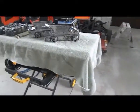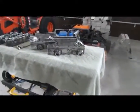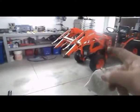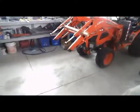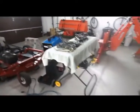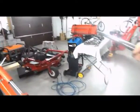My pins are fitting good. Just a matter of finishing these little things, and then I'm going to throw them on the bucket and give it a test drive and see if I can throw them on the FEL arm and pick up the bucket. I'll make a little video of that just to show you. And once I got them on the FEL arm, I'm going to use the pipe. I got other pipes, the same pipe that I used to